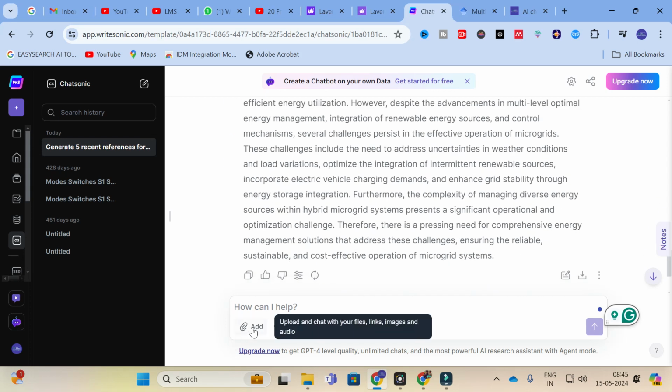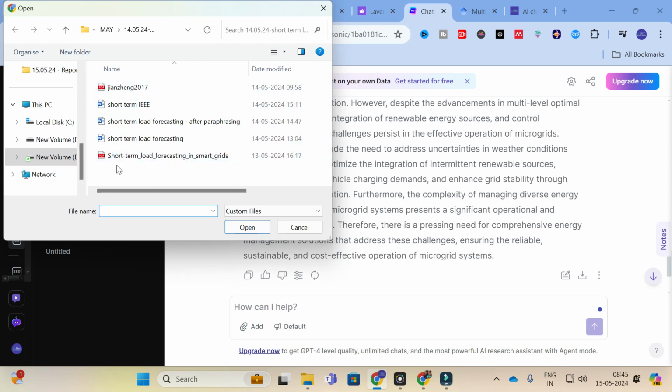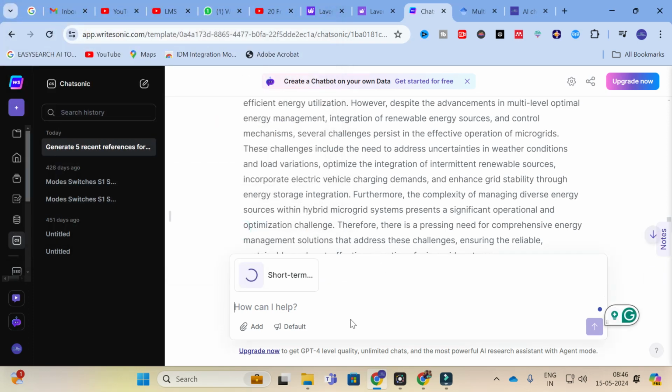Then here you will be having an option called add. In this add and chat with your files, you can upload your files. For example, I am going to upload a document, that is short term load forecasting in smart grids. It will take several seconds to upload this document. Here you can upload a PDF, that is your reference paper. Then you can generate content using this, yes, your PDF is uploaded from the